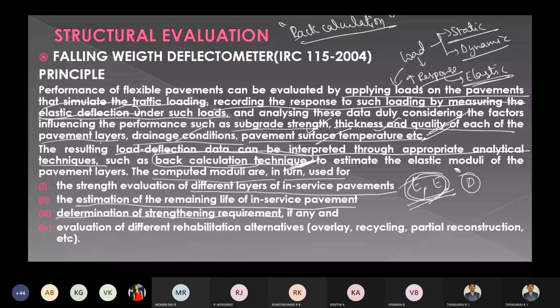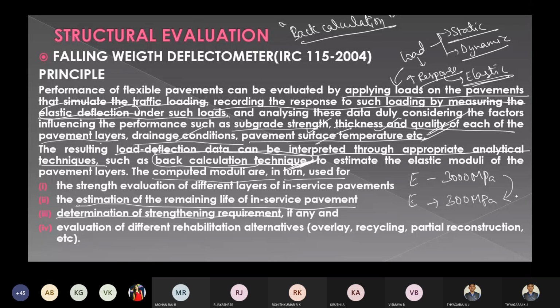If the Young's modulus is very low, for example, at the earlier stage it was around 3000 MPa, and after 5 or 10 years the Young's modulus is reduced to 300 MPa, so there is a drastic reduction in the Young's modulus. Then you are going to suggest strengthening. The strengthening requirement of the pavement can be determined using this E value obtained from the FWD. Then evaluation of different rehabilitation alternatives.